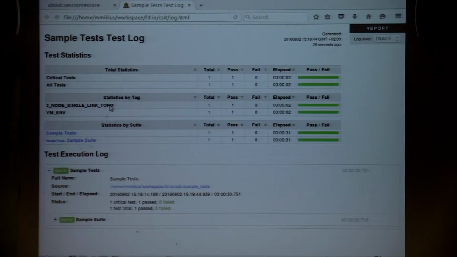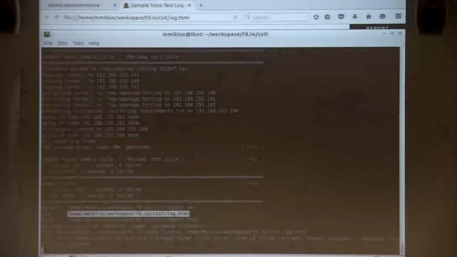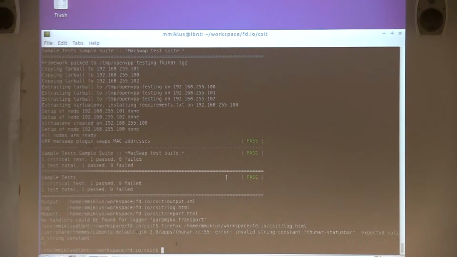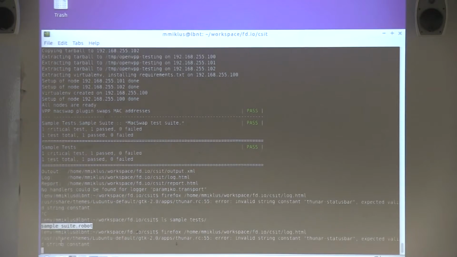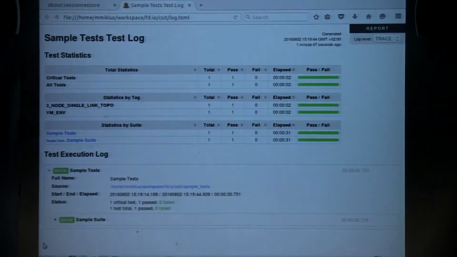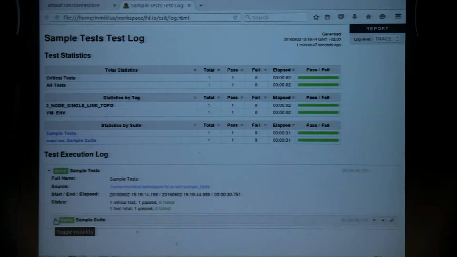So just maybe back to the sample test directory. It contains a single file, sample suite, and I will walk over it in a moment. First, let's take a look at the reports. So the suite is called sample tests,